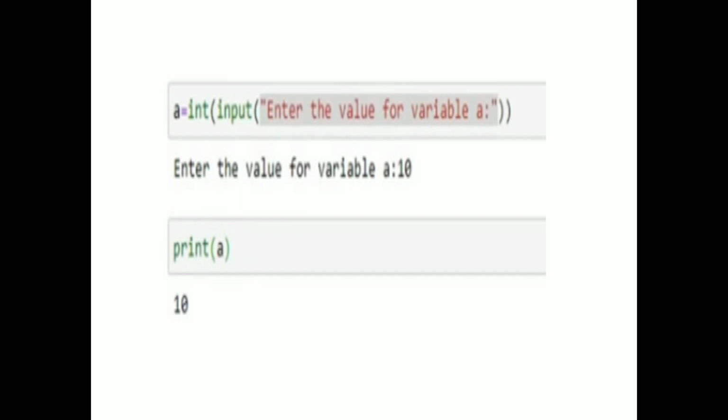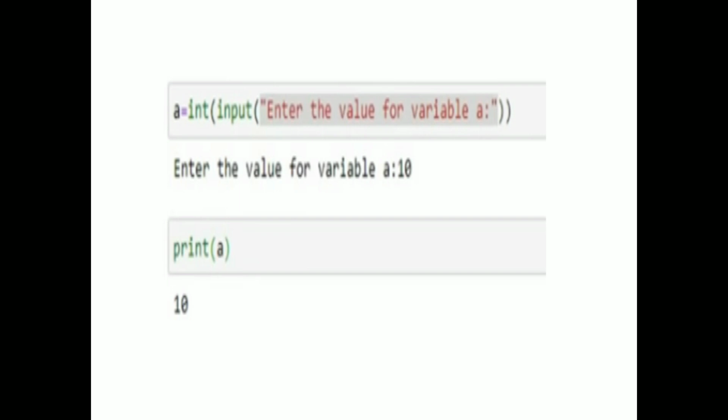Input is what we are passing with the help of the keyboard. Next, enter value of A. Enter value of A is the message; we are passing the A value with the help of a keyboard.